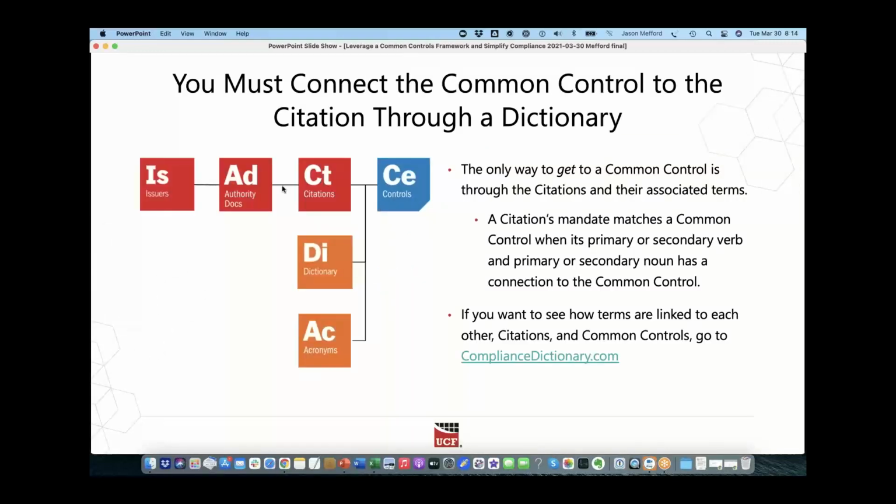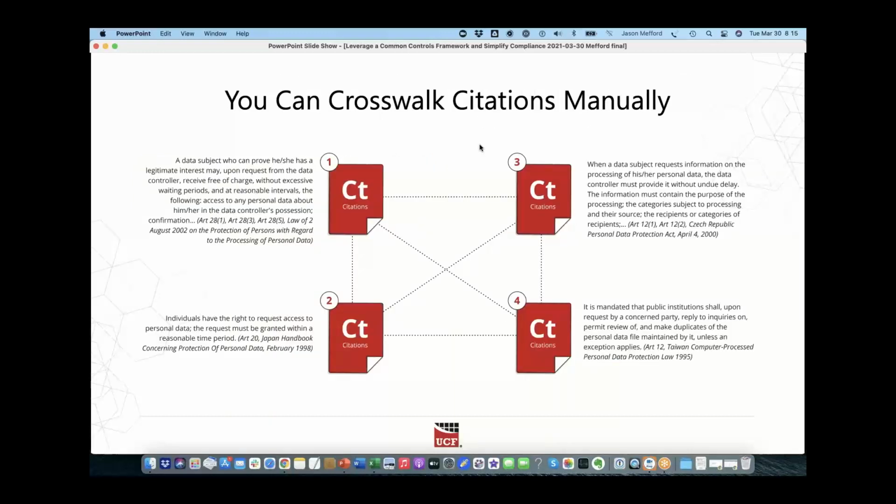Now, at that point, as we're building along here, we're taking those citations and mapping them to a particular control. So in this ABC document, when it tells me to do X, Y, Z, this is the common control that I'm going to apply at that particular level to be able to prove, again, that I am following that mandate from that particular authority document.